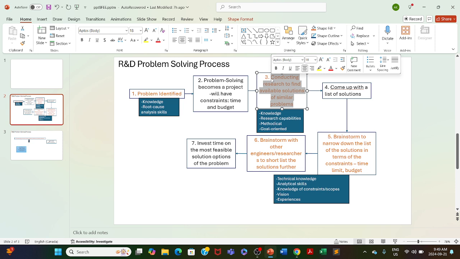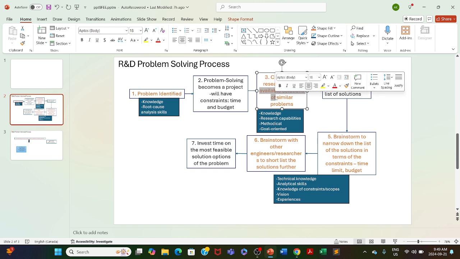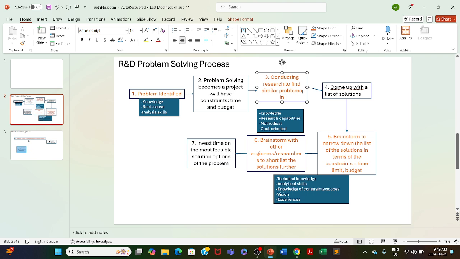I would rather say, when I get a problem, I would actually look for similar problems, like conducting research to find out probably similar problems in similar or different industries. Yeah, I would rather rephrase it this way, because this becomes